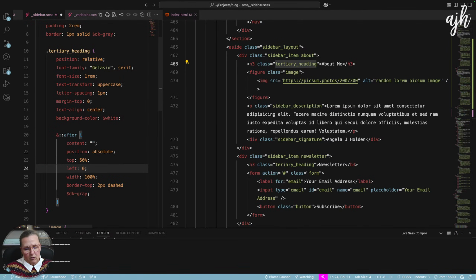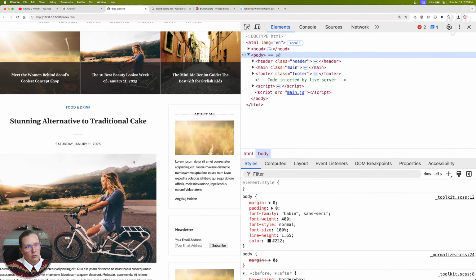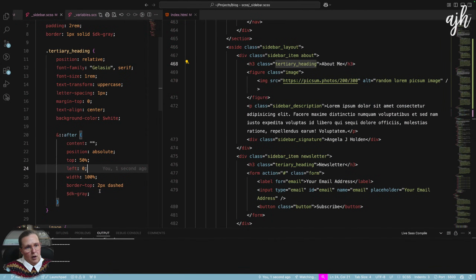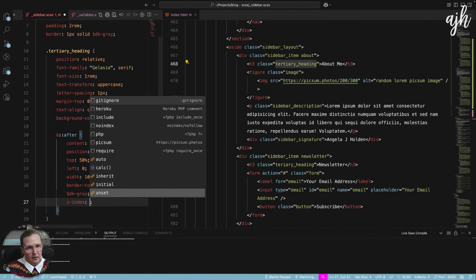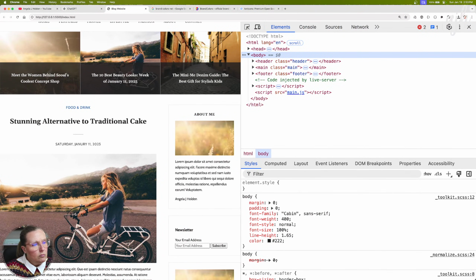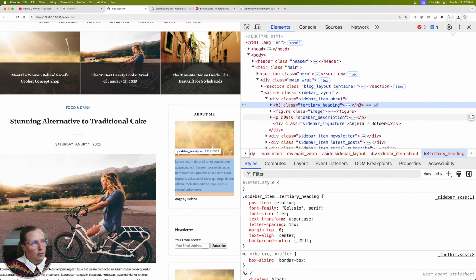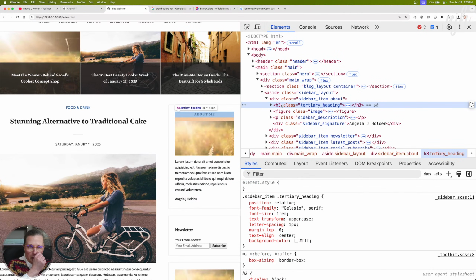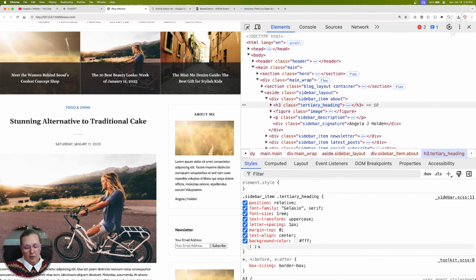Left 0. There we go. We just need to tuck it up behind. Z index. So Z index -1 should put it right behind it. Oh, it put it all the way behind it because the H3 is block level right here. The H3 is block level, that's why. So I think if we make this display inline block,